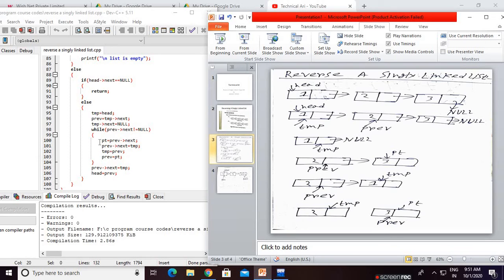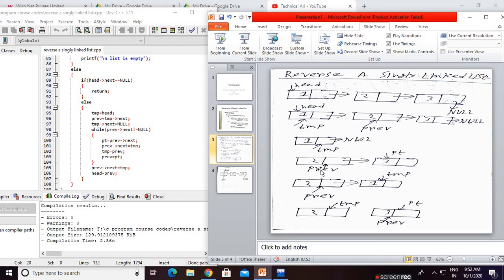Now on this line, I will again explain. In the body of the while loop, Pt equals to prev arrow next. What is the Pt? Yes, this part. Means obviously right, these are right. Next, prev arrow next equals to temp. That means this is pointing to temp now. The next part of the prev is pointing to the TMP. After updating, the list becomes this.